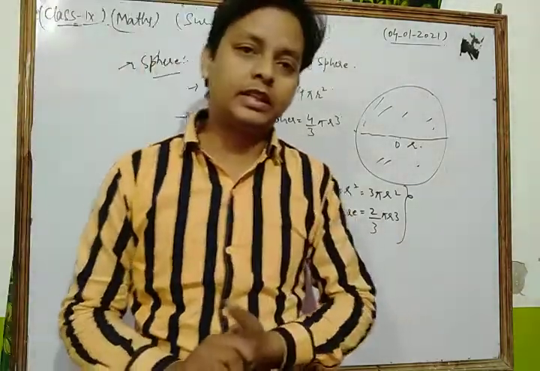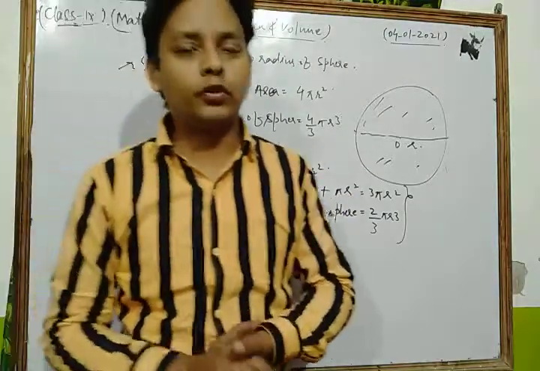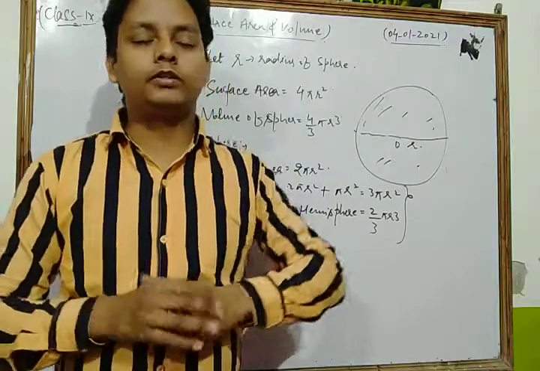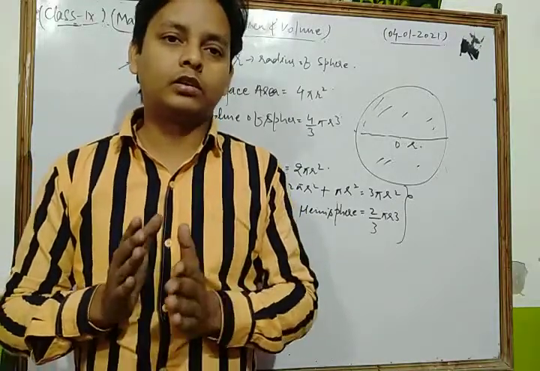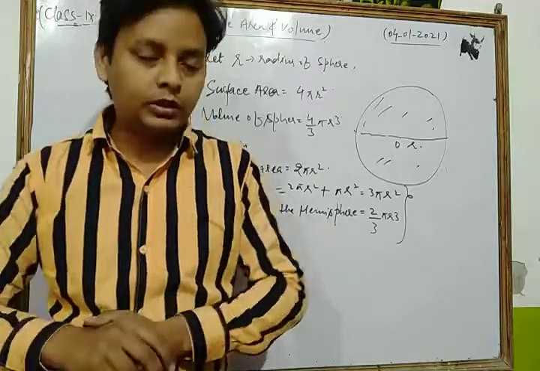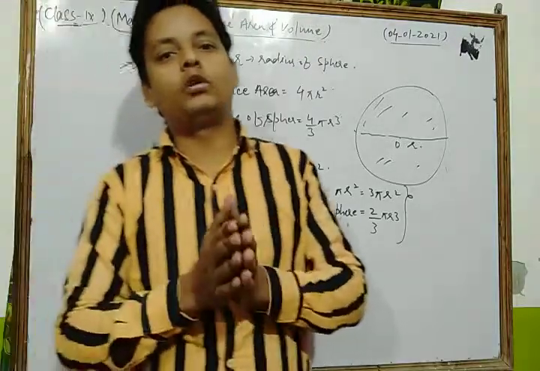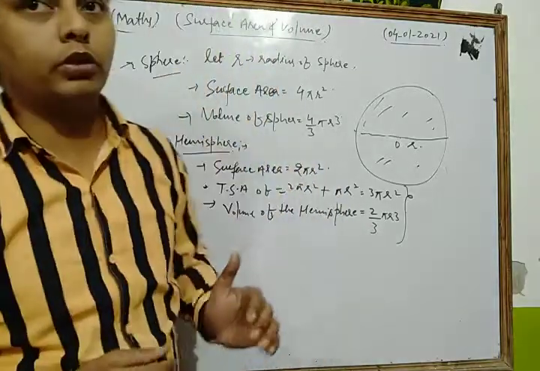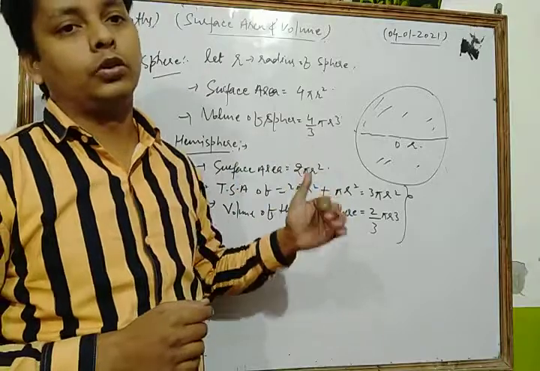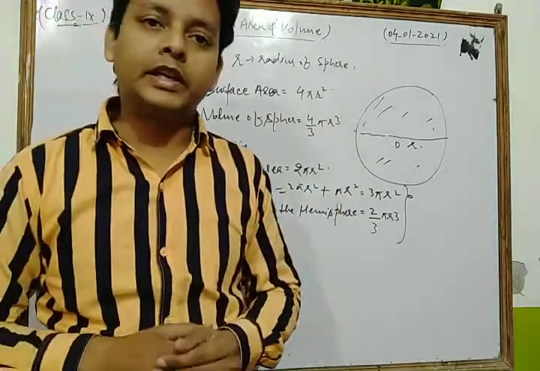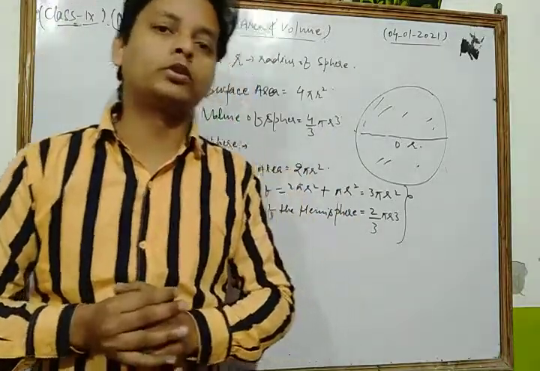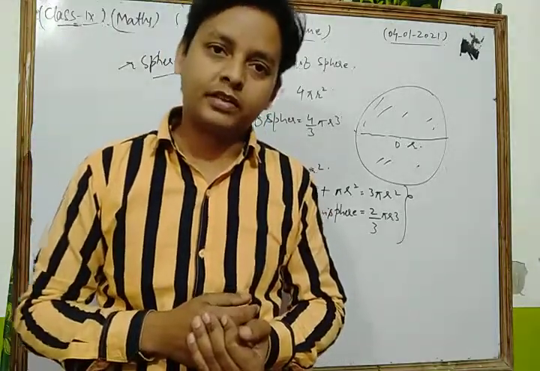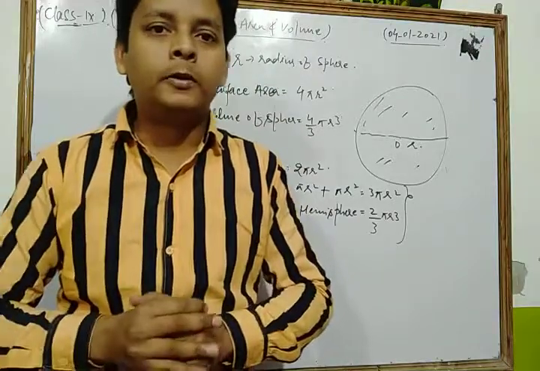So dear students, sphere and hemisphere. In today's class, we revised a very important chapter, in which we discussed cube, cuboid, cylinder, cone and sphere, and solved some important questions based on cube and cuboid. First of all, you learn all the important formulas related to cylinder, sphere, cone and cuboid. In the next class, we will discuss and solve some important questions based on the right circular cylinder, right circular cone, sphere and hemisphere. Okay, thanks to all.